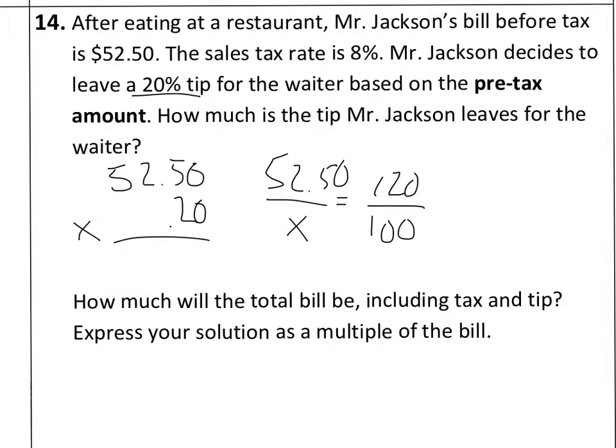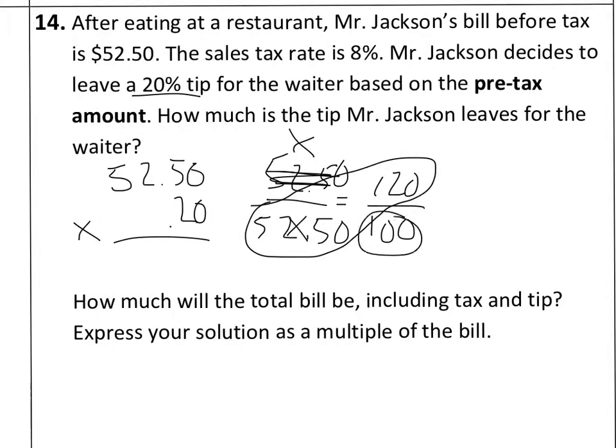Sorry, I just mixed these up. I apologize. His original bill was $52.50. What we don't know is what his new cost is. His original, $52.50, was 100% of the bill. If you add 20%, that's the new cost. So we're going to take $52.50 times 120 divided by 100, and you should get that his new total